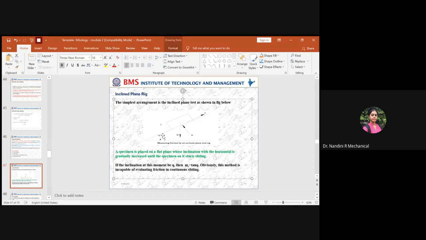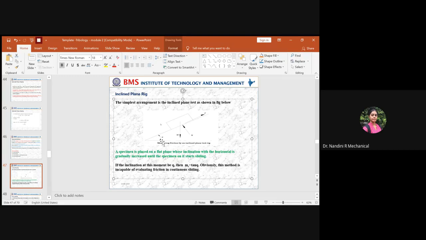That angle you can refer to as theta, or q, whatever. That will be the angle of inclination, the angle of repose, which is the angle at which the block starts sliding down. Based on that angle theta, we can determine the value of mu, which is nothing but our coefficient of friction with respect to the interface. That will be equal to tan theta, or tan q, based on what you are using as the parameter.